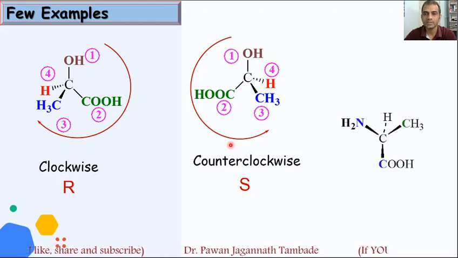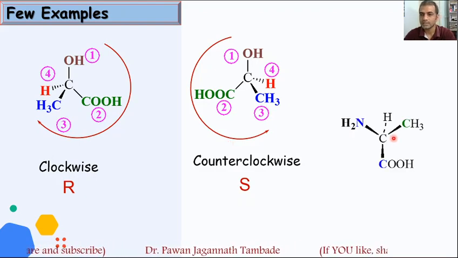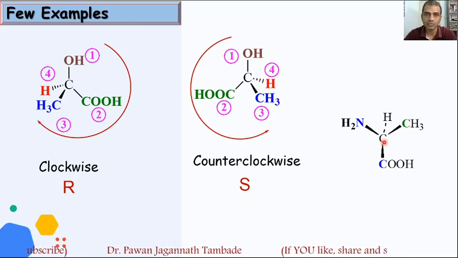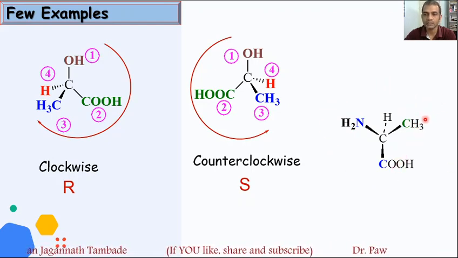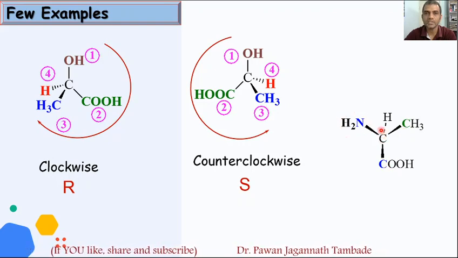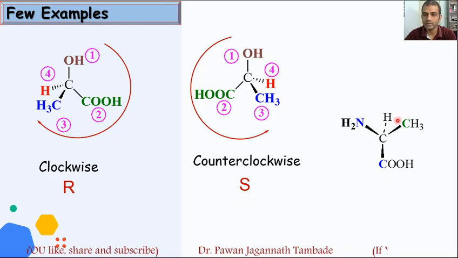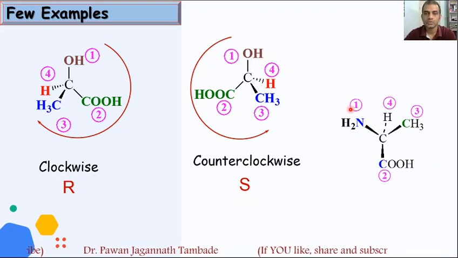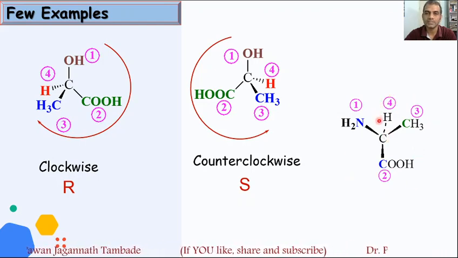The same way, if you look at this third example, here this stereocenter carbon is attached to 4 different atoms or groups, NH2, hydrogen, CH3 and COOH. And when we try to assign priority over here, the first point of contact here is nitrogen, here hydrogen, and in these two cases carbon. So this NH2 will get first priority for sure, hydrogen will get last priority, and among CH3 and COOH, COOH will have higher priority. So first priority goes to NH2, then COOH, then CH3, and last priority goes to hydrogen.